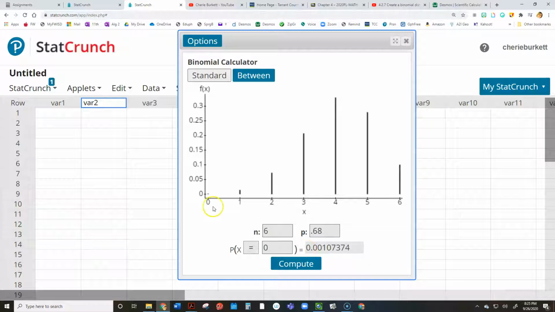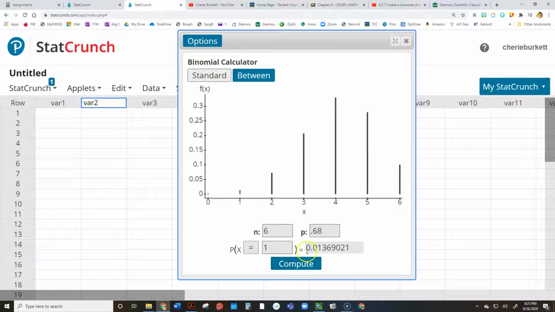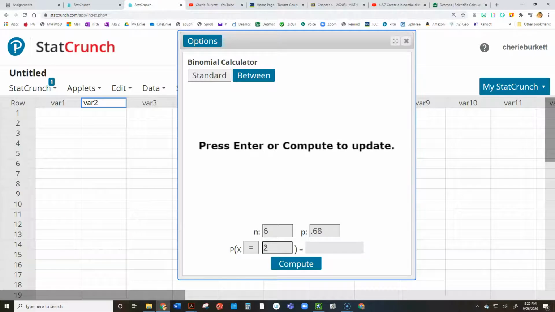And remember, for 0, it's showing you 0 right here, is 0.001. That's exactly what we calculated. So now you just go and type in 1, and that was 0.01369. Remember, we rounded that to be 0.014. So just type in 2,